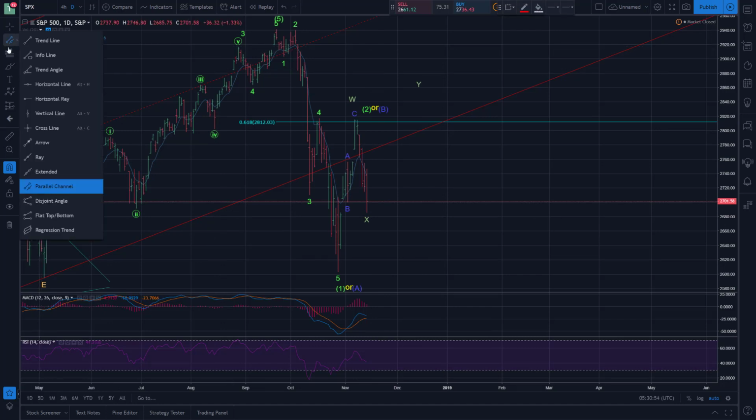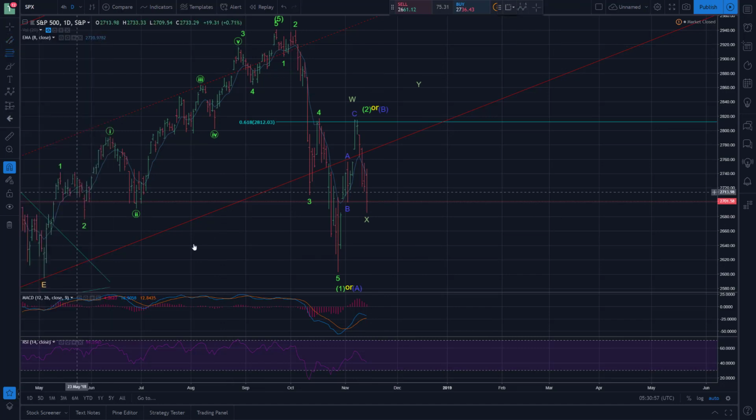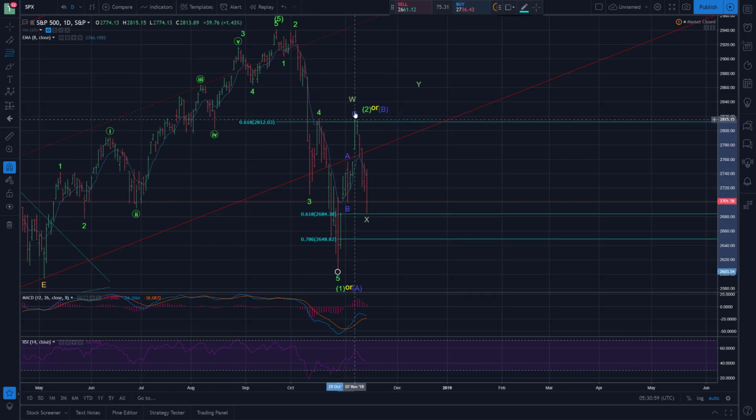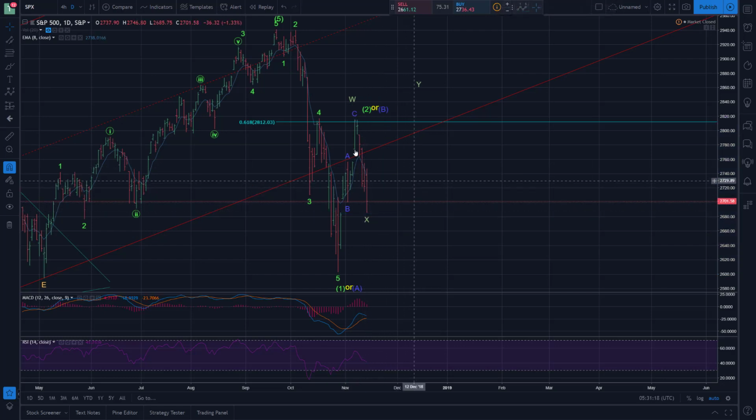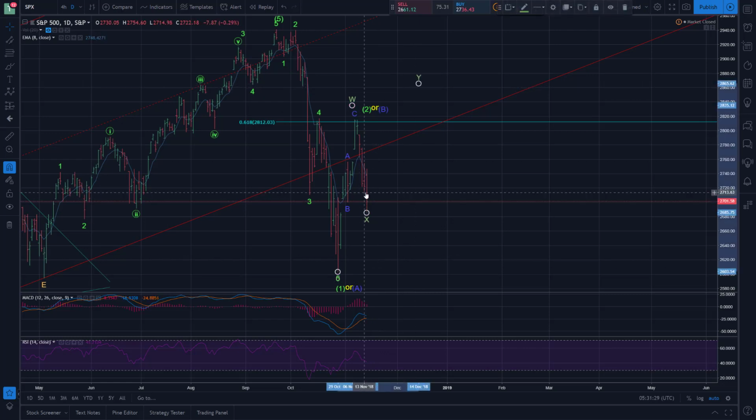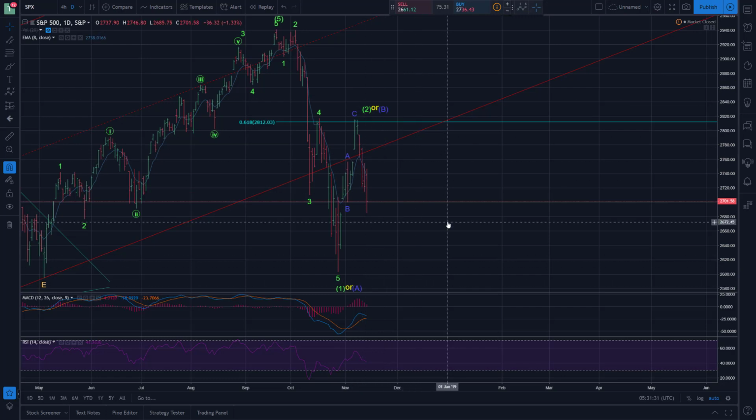And actually, not so surprisingly, perhaps, we had a reaction off not only that gap test or gap fill there, but basically right off the 618 retracement, or just shy of it by a point or so as well. So that's pretty commonplace to at least temporarily bounce off of. But we'll see if that actually holds up, and I suspect it won't. And we'll get to the candlestick chart in a moment to go through why that doesn't look like it'll hold. And I'll just get rid of this WXY for now, because so far this is working, so we'll go with it.